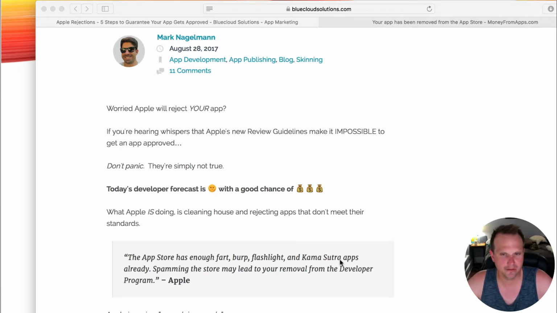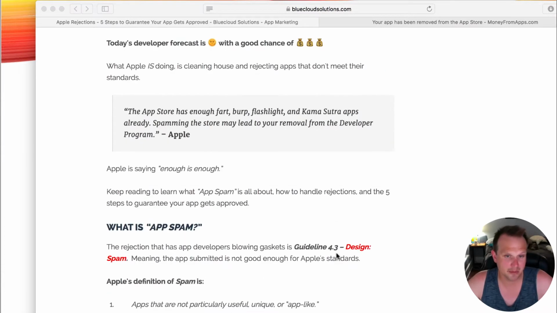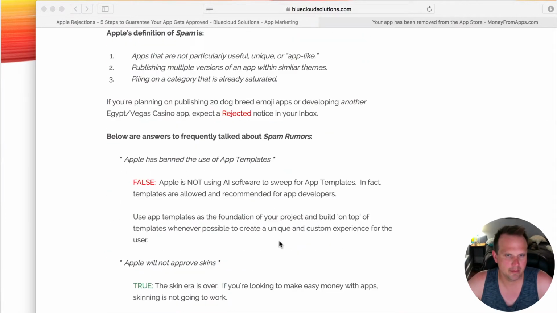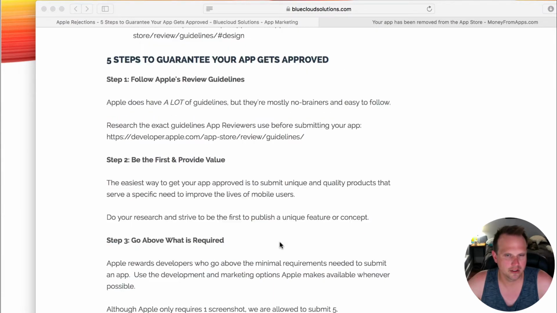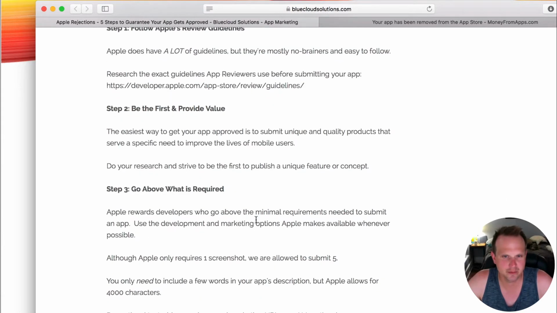Not saying it's a different view, but his is going to be a little different, and you might get something else out of this. So, look at this. What app is spam? That's good to know. And how cool is it? Five steps to guarantee your app gets approved. So this is huge. I'll probably cite this blog post later in the week based on some things we're doing,